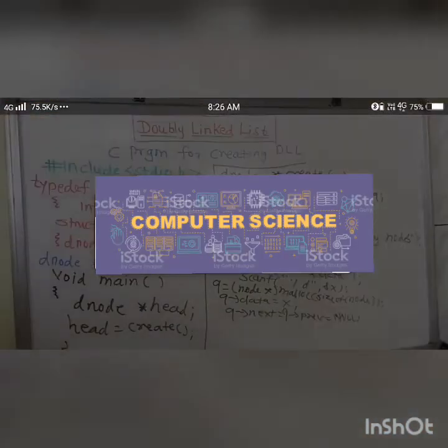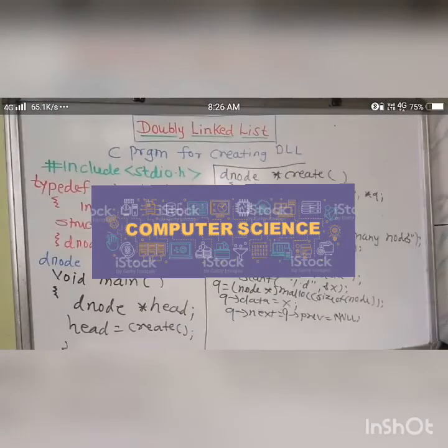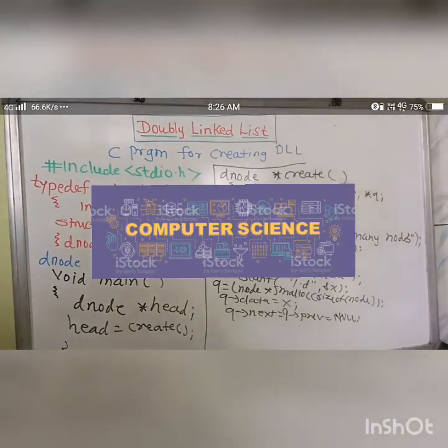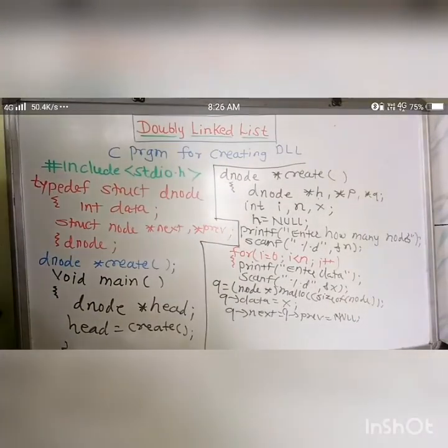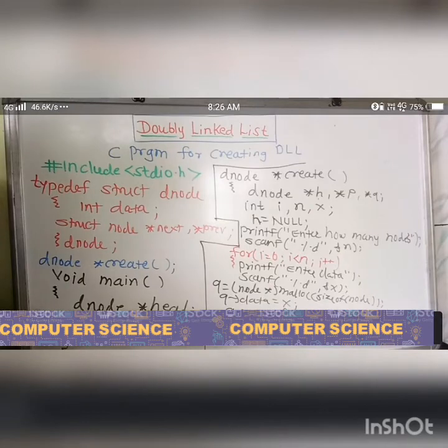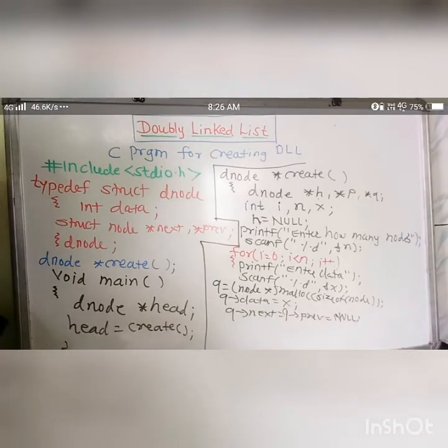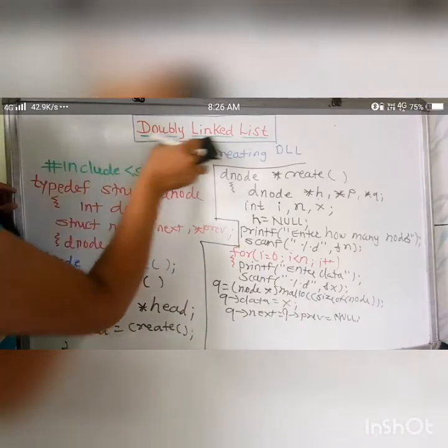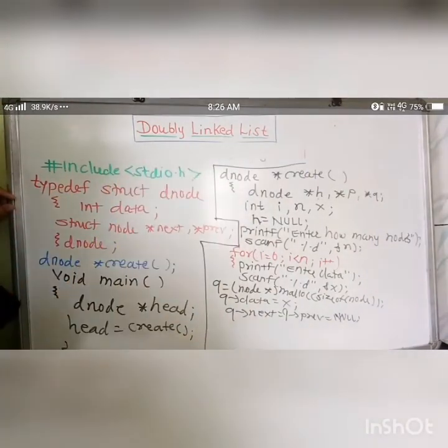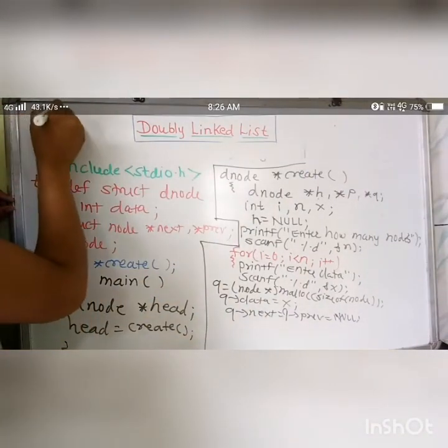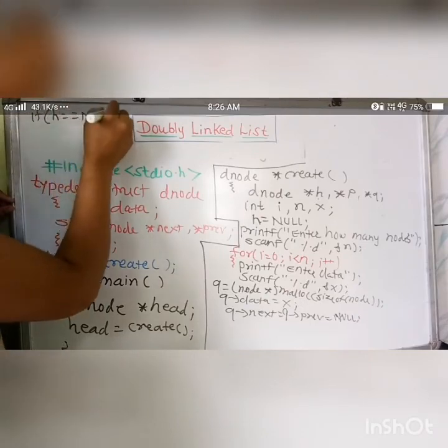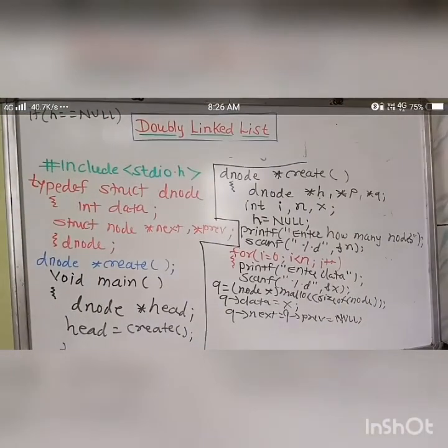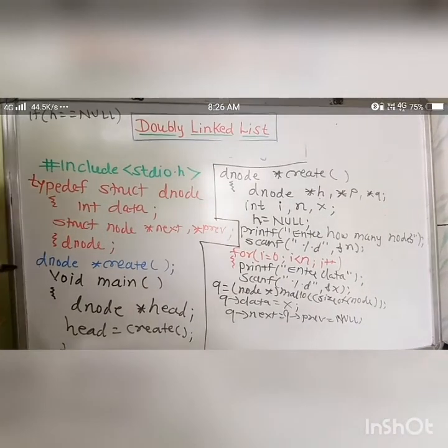Okay, now we will check here if h equals to null, means whether there is any node previously present or not.